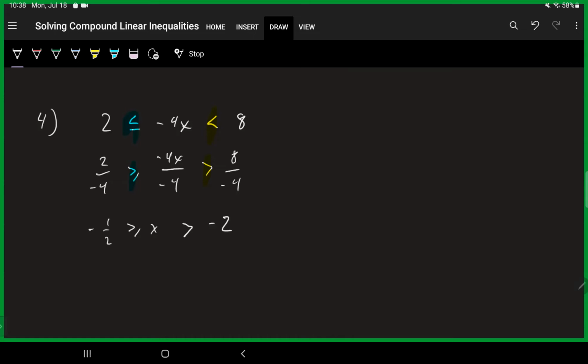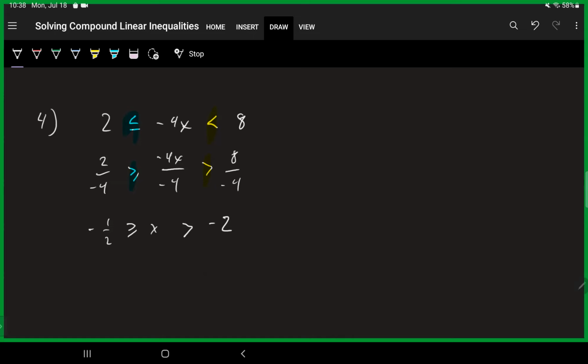And -1/2 is bigger than -2. So I'm doing this little mental check here to make sure that my inequality symbols are making sense. And we should always be doing that just to make sure we're keeping track of what's going on. And a lot of people are going to struggle, myself included. I like things to be opening up the other way.